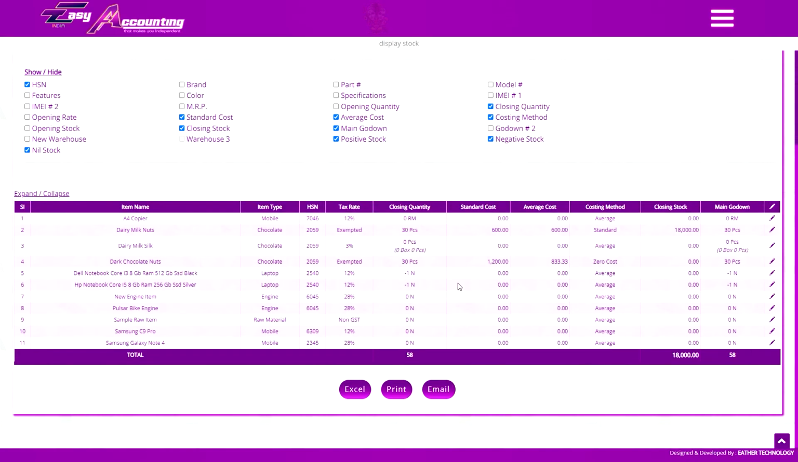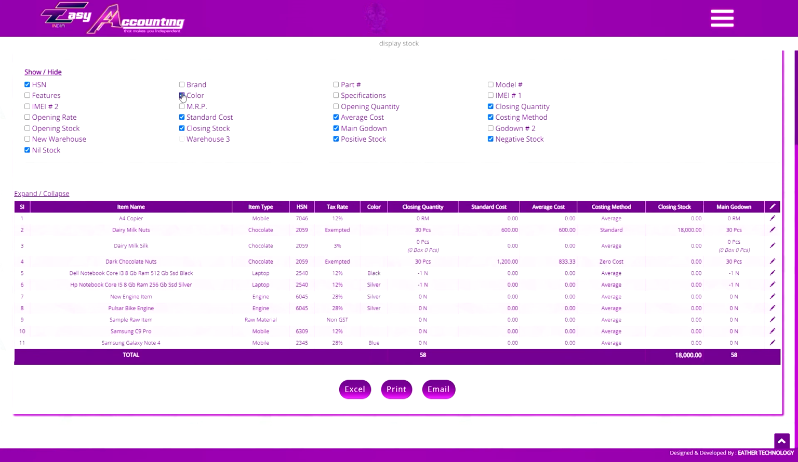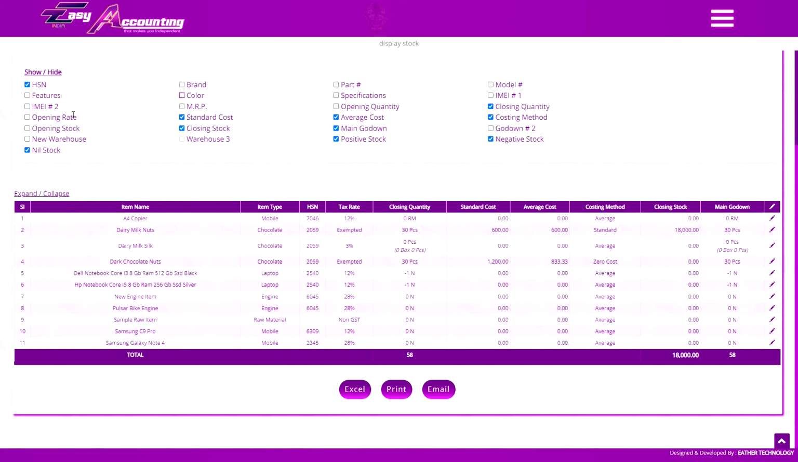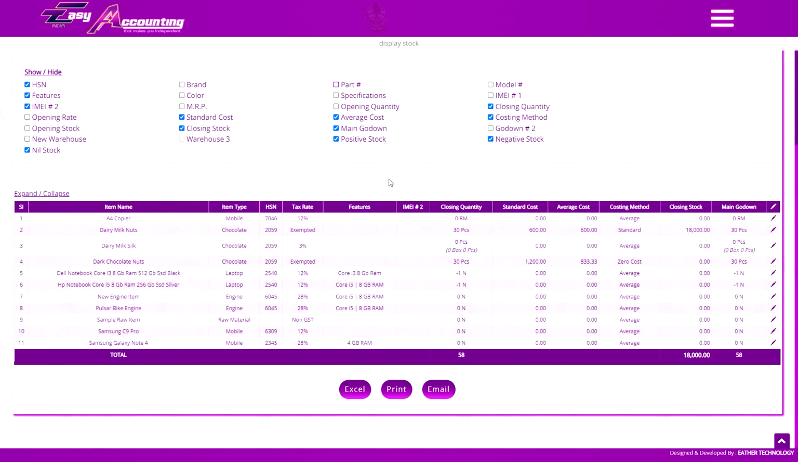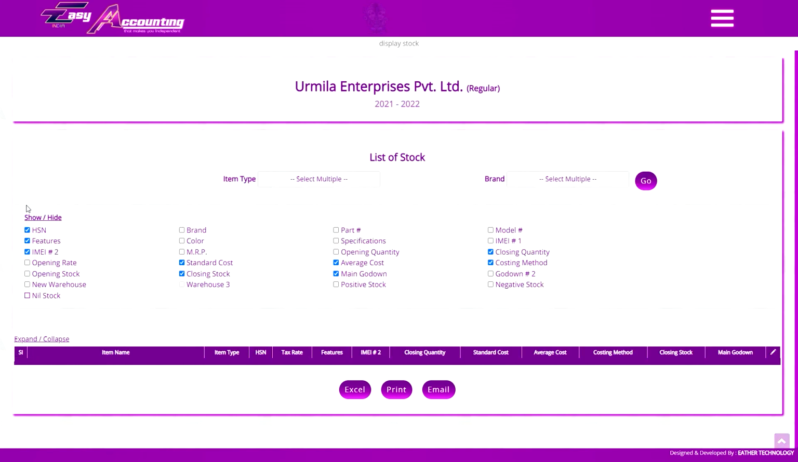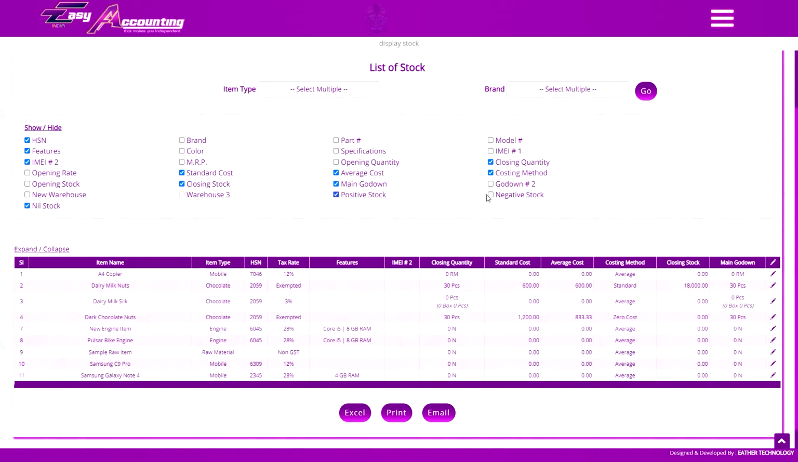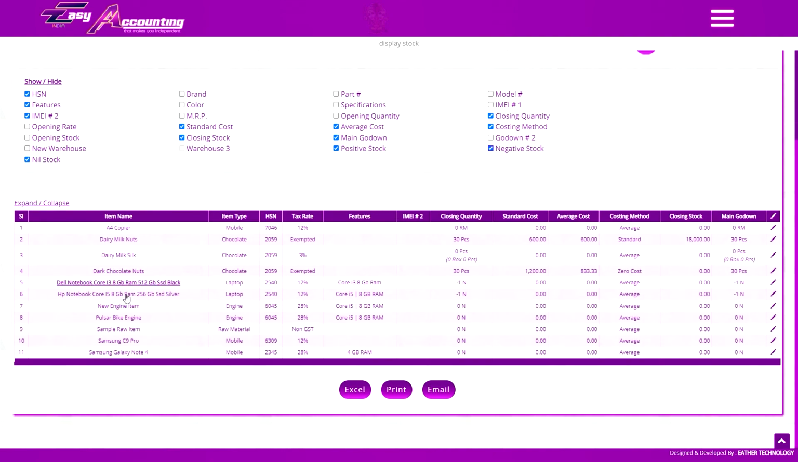Now when you get your stock report, you can show or hide the columns according to your choice. To show any column, just check it here, and to hide it, uncheck it. If you want to filter by stock quantity, then check or uncheck the positive stock, negative stock or nil stock accordingly. To see the details of item, click on its name,